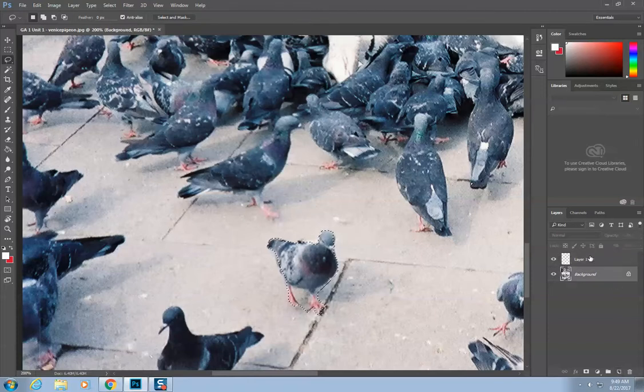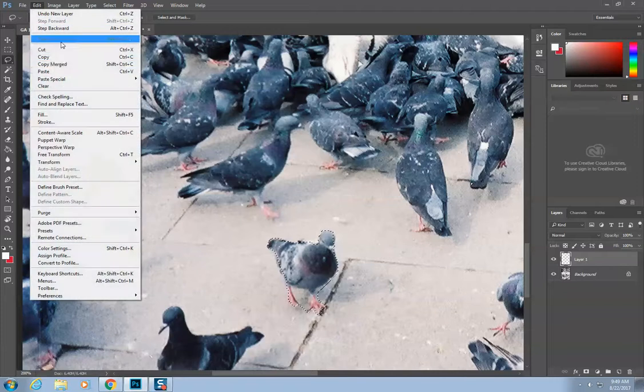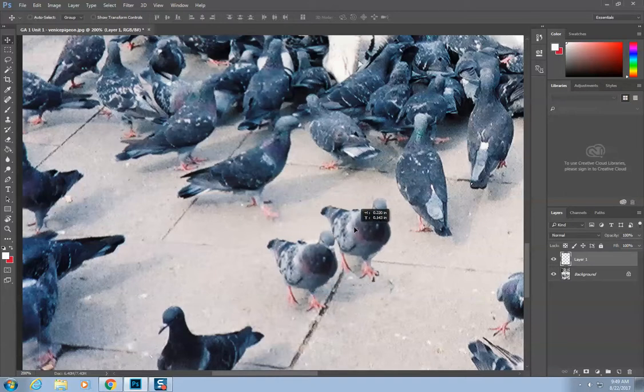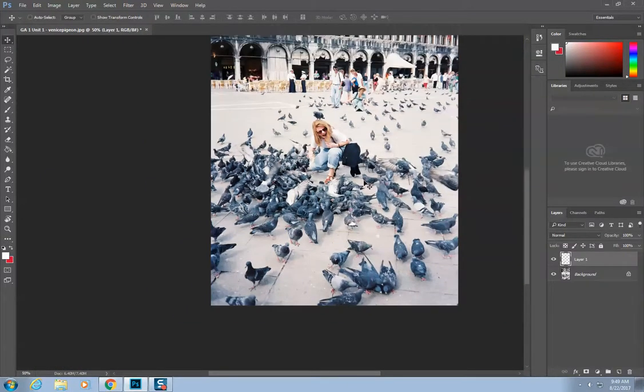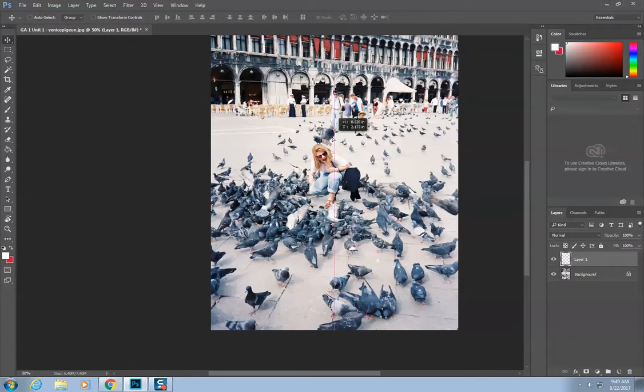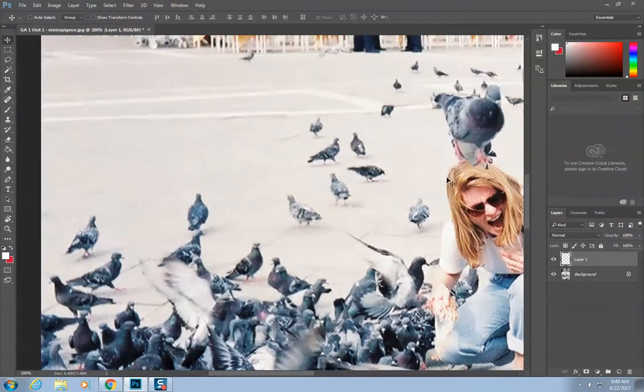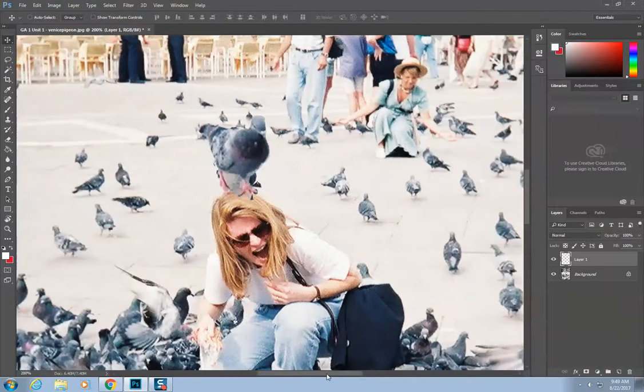So now that I have a new layer, layer 1, I click on that layer 1, and then I go Edit, Paste, or Control V, either one. Now I'm going to come up here and I'm going to click on the Move tool, and I've copied this image, and I can go ahead and move it around. I'm going to hit Control minus on my keyboard, scroll up a little bit, and move this pigeon that I just copied to right there. Hit Control plus, scroll up a little bit, scroll over,